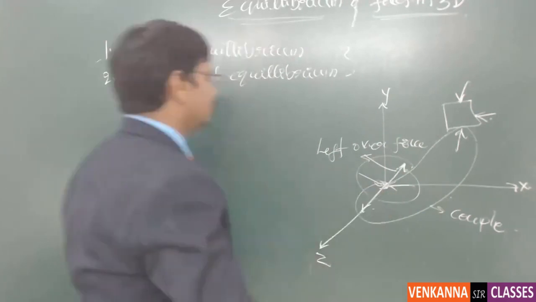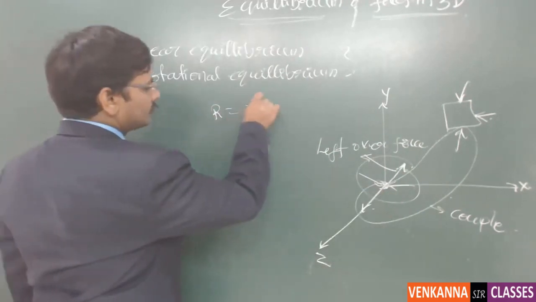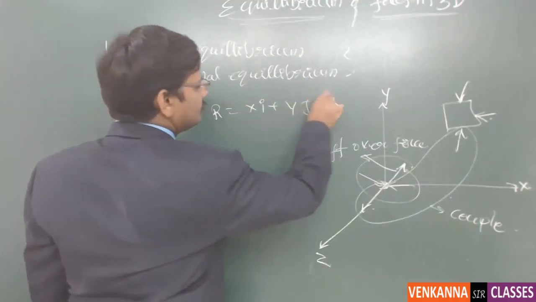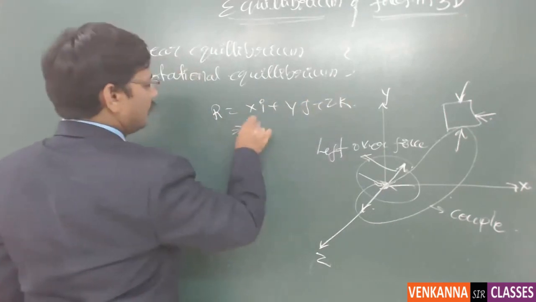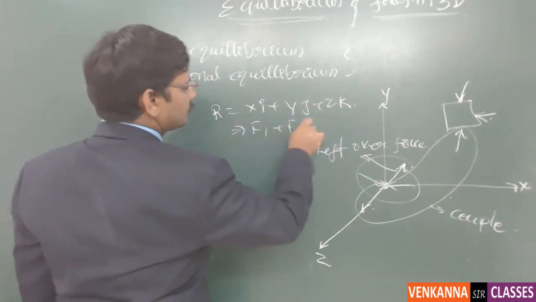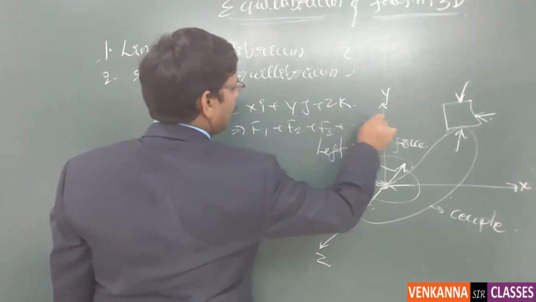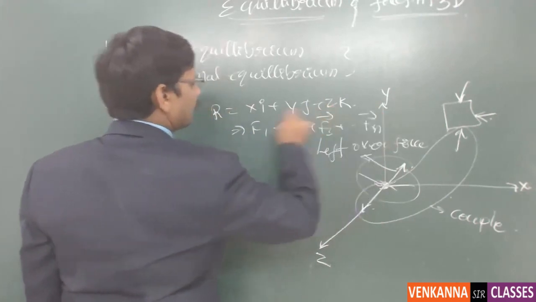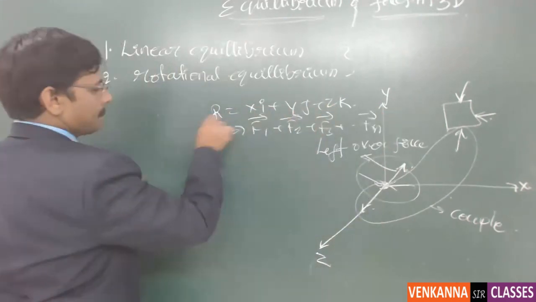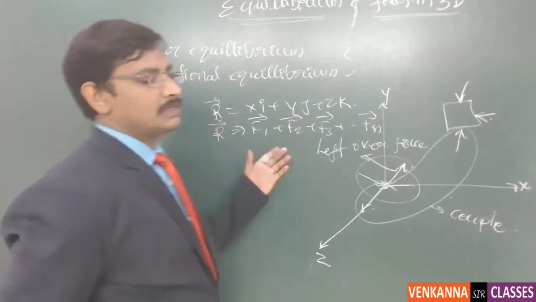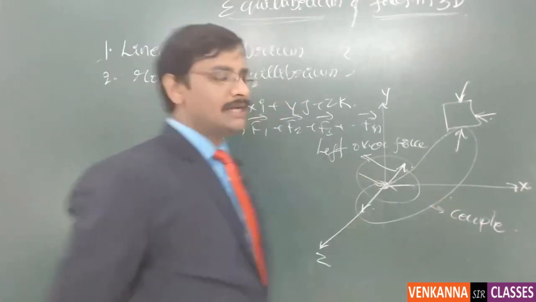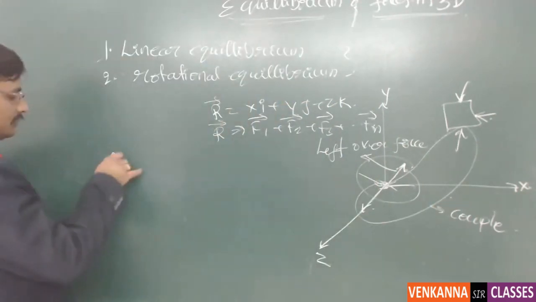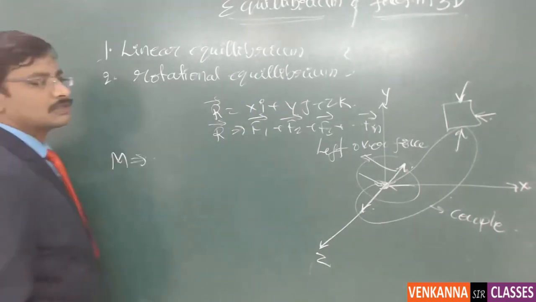So the sum of all the forces is R equal to xi plus yj plus zk, which is equal to f1 plus f2 plus f3 plus up to fn, where all these are vectors. So this is the resultant force, and similarly the resultant moment is M equal to, for each force,